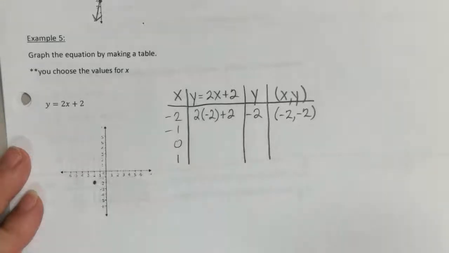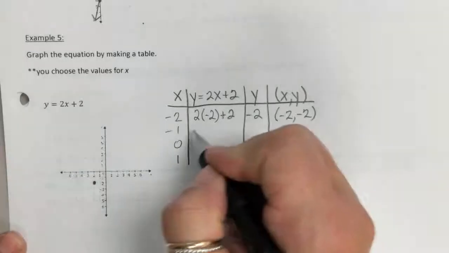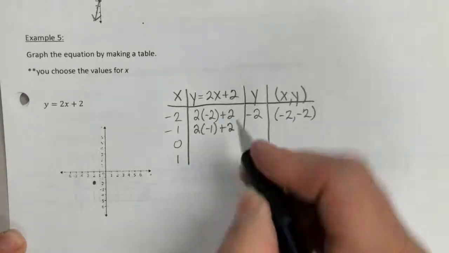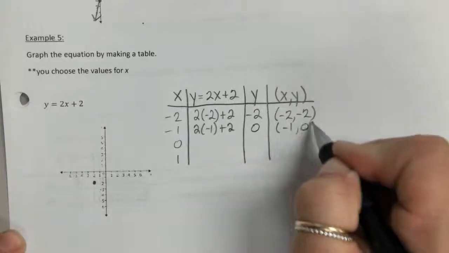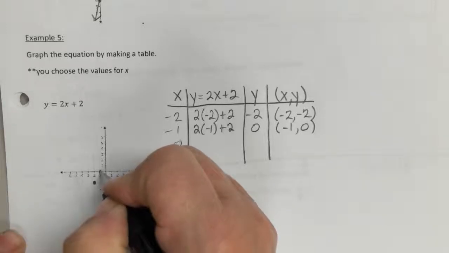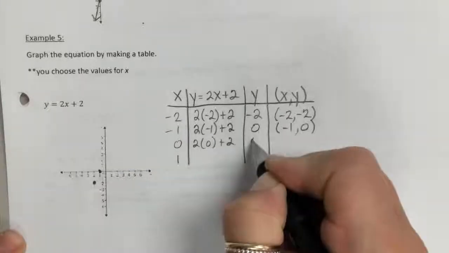And I like to plot my points as I go because I can tell if they're not lining up that I probably made a mathematical error in my table, and I can go back and check it real quick. So when I put in negative 1, then I get negative 2 plus 2, which is 0. So my second point is negative 1, 0. And then for 0 and 2,